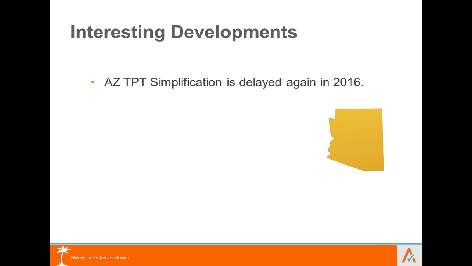One thing that did change in Arizona, though, I will mention, guys, City of Sedona is now a program city. So that means the City of Sedona is now administered by the state of Arizona completely. It's not the same as the simplification stuff. City of Sedona simply said, to hell with it. We've tried to run our own sales tax for the last 10 years or so, and we realize it's a big pain, and we're just turning it all back over to the state. So that is a change as of January 1st.